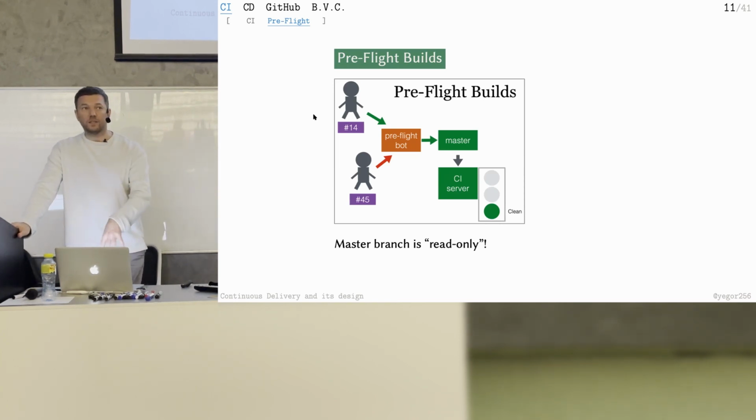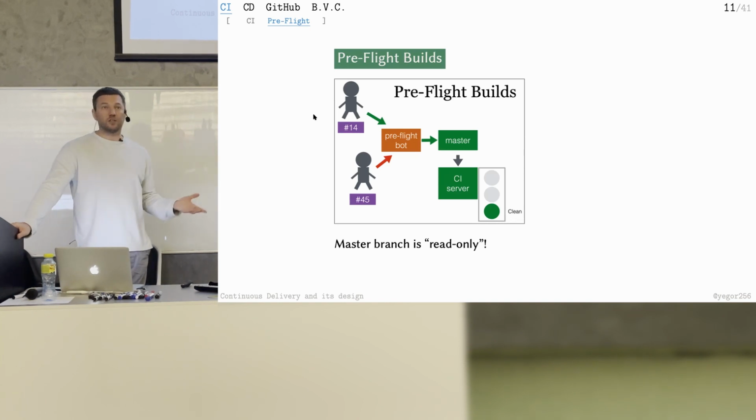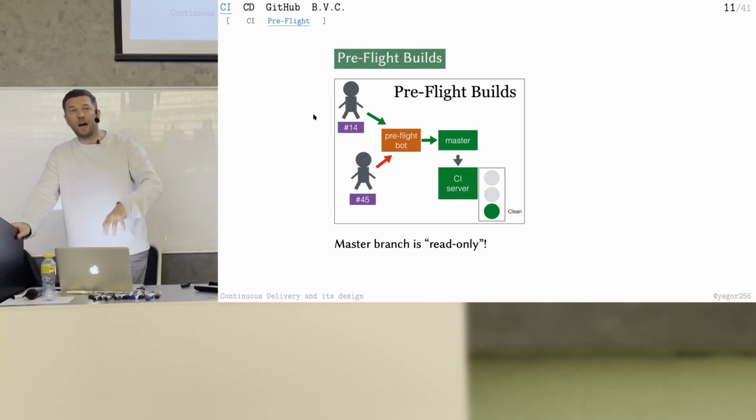When I'm giving this kind of talk or discussing this with programmers right now, this year, I ask the question, raise your hand if in your repository the master branch is not allowed to be written to, so it's read-only. Most people raise their hands. So in just 5 years, the situation on the market changed dramatically. 5 years ago, people didn't know that it was necessary. They were just pushing wherever they wanted. Now even GitHub has the feature for protecting branches. 5 years ago, GitHub didn't make it possible to prevent people from pushing to the master branch.